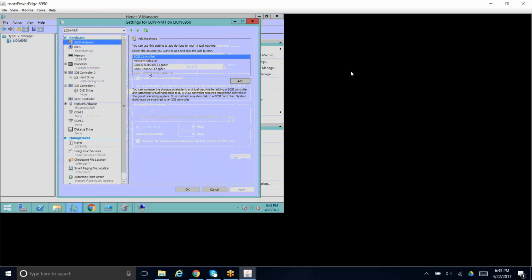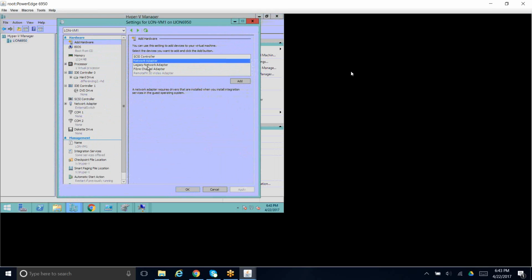You have all these options, and if I want, I can add this hardware: SCSI controller, network adapter. So these were the demonstration steps. And now let me directly go to